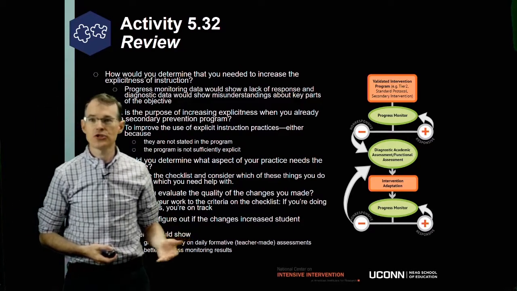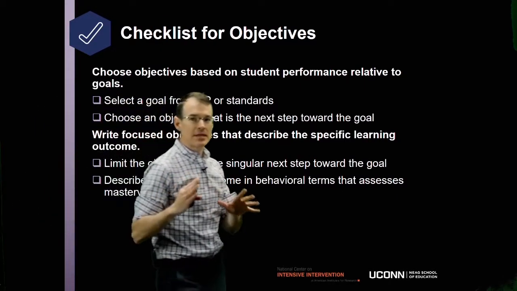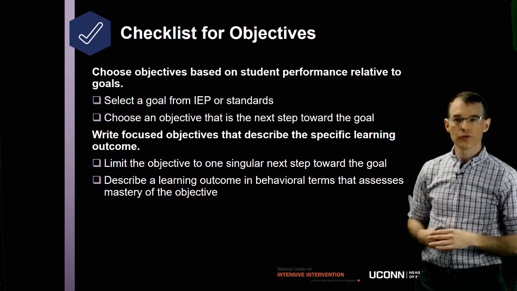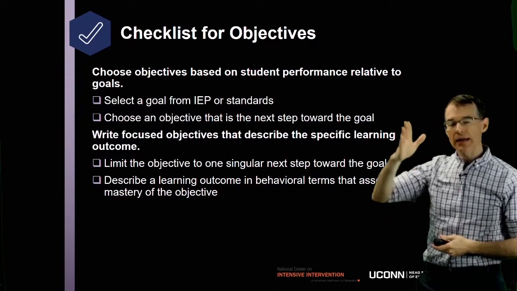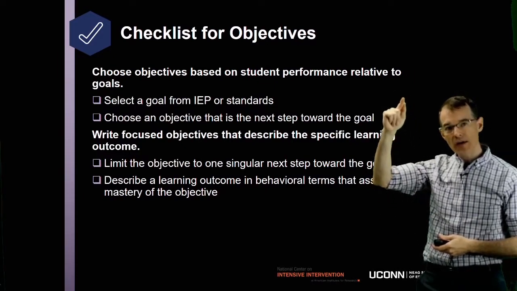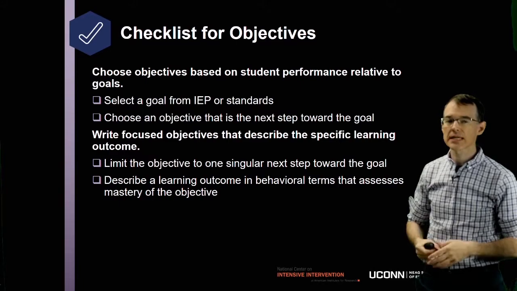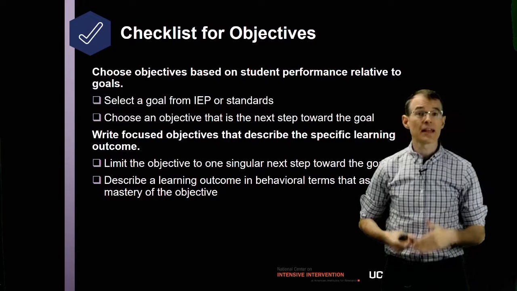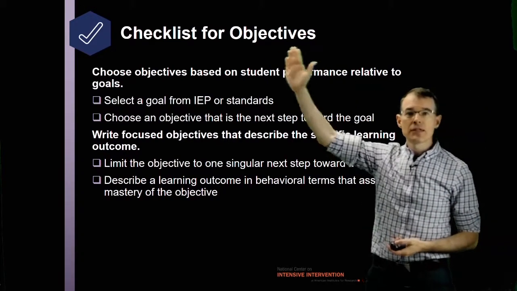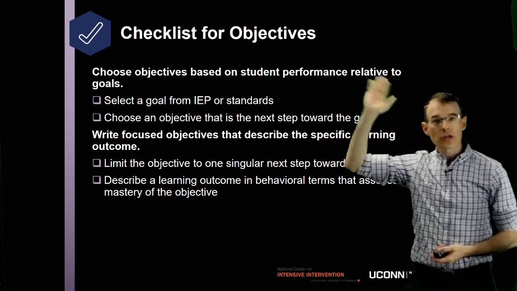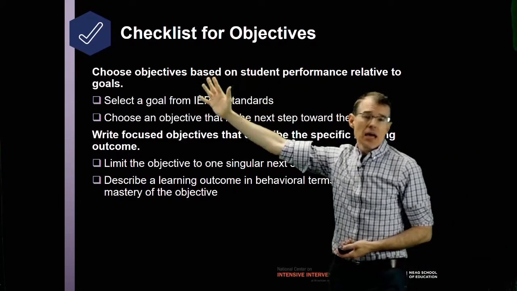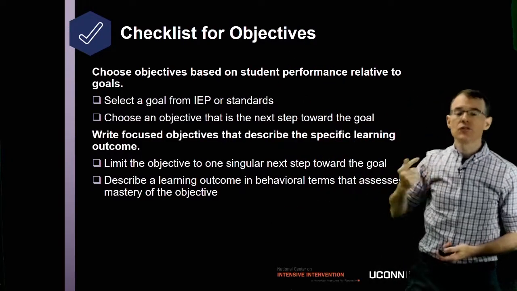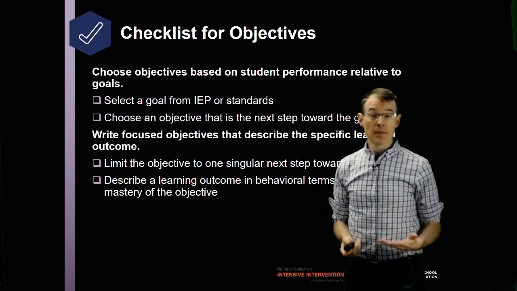Finally, let's talk about those checklists. Rather than talk about them in detail, you have a list of all these checklists in the workbook for you to review. And as I said on the last slide, what's really critical here is that you evaluate your practice in terms of every one of these things to see whether or not these are things you do. And if you do, give yourself a check. If not, these are things you need to work on. And it begins with a good objective. One critical thing I find in a lot of instruction is instruction isn't objective driven. And so you need to use these guides to figure out whether or not you're delivering explicit instruction that has